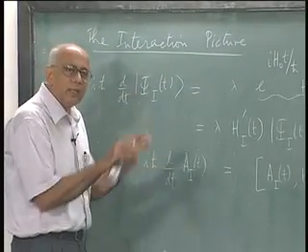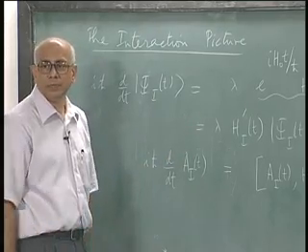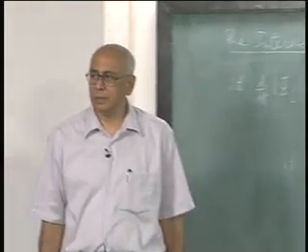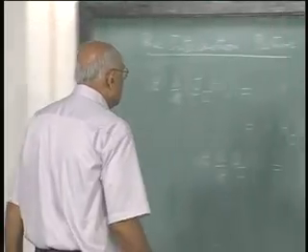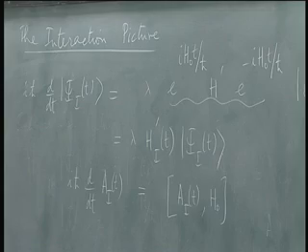You have got rid of the systematic evolution due to H naught which appears anyway whether or not you have a perturbation. The task now is to actually try and solve this equation. Now how would one do that? Well, many ways of doing this,